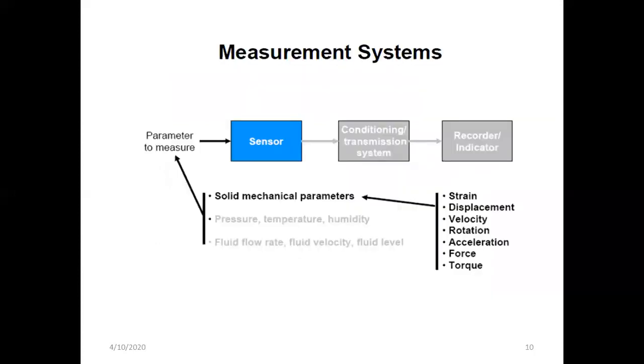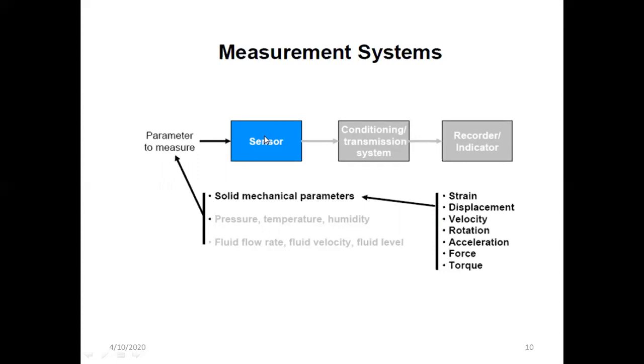Now, this is the system. How to measure? First, we need to know the parameter to measure. For example, we are taking solid mechanical parameters. In that, we can measure stress, displacement, velocity, rotation, acceleration, force, and torque. Then we need a sensor that will sense these parameters.